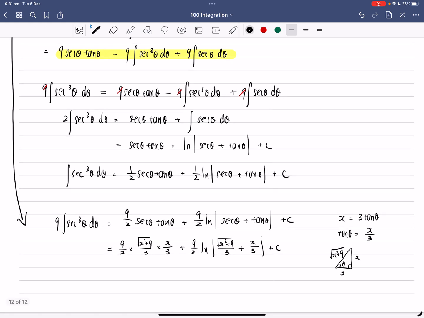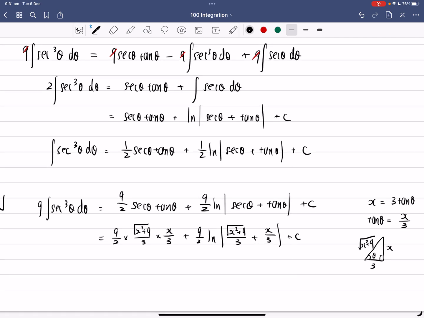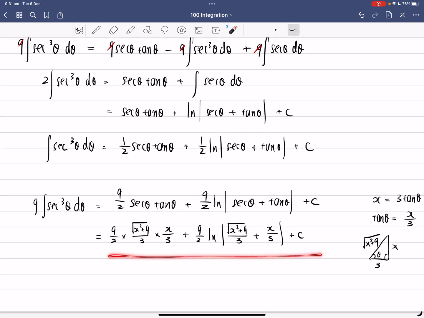Okay, and now we can simplify it. Otherwise, you can leave the answer like this, but we can simplify this. 3 times 3 is equal to 9, which you can cancel with this 9 over there. So that gives you half the square root of x squared plus 9. And there's also an x here. Almost forgot about this x. So let's just put x in between. And plus